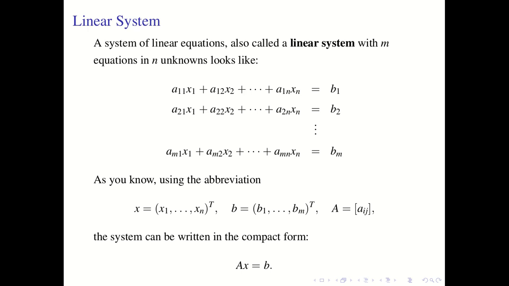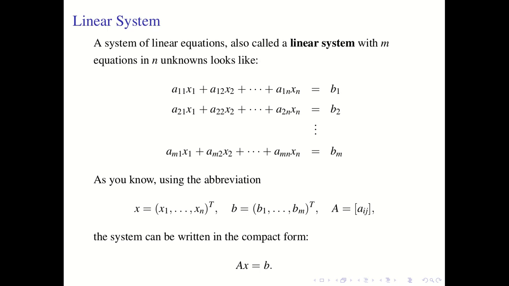form a11 x1 plus a12 x2 plus etc. a1n xn equal to b1, a21 x1 plus a22 x2 plus etc. a2n xn equal to b2, etc. am1 x1 plus am2 x2 plus etc. amn xn equal to bm. If you take the coefficients of xi and write it as a matrix,